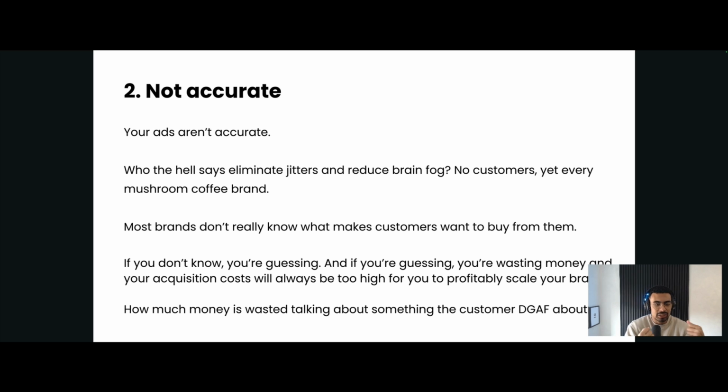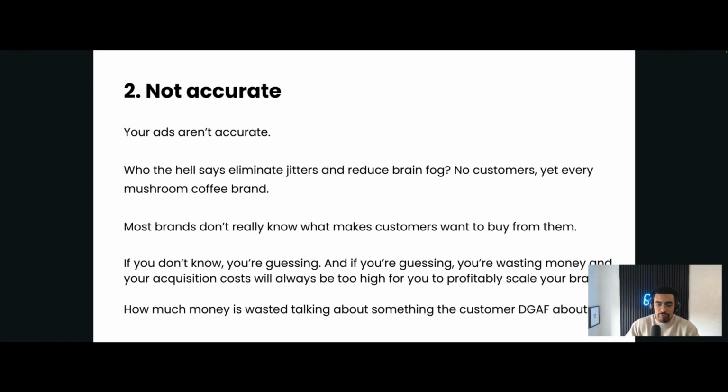But this isn't actually what people needed to see from them in order to want to buy the product. It might be true, but it's not why they wanted to buy from this company. When we did the research, we spoke to customers, we tried it for ourselves as well. We quickly understood that actually this tastes like a McDonald's milkshake, but it's healthy. And that is the messaging that people needed to see in order to want to buy from them.